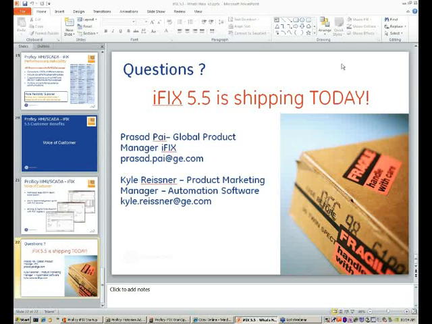Are there other tablets supported? Right now we are working on an Android client. In fact, we have a beta in-house. We will probably have support for Android, and this is any Android tablet that will run, I believe the OS version is 4.0 and up. Right now we are testing it on the Motorola Zoom and the Samsung Galaxy, but it's pretty much just any Android device that will